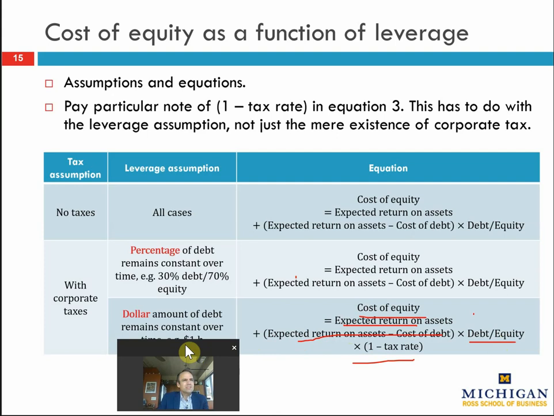But it's not normal to assume that a company is going to have the same dollar amount of debt year after year. That's not a normal assumption. When we did our weighted average cost of capital, we didn't make that assumption as a normal case. We said typically we think of percentage leverage. As an illustration, I said that a utility typically has about 50% leverage, debt, so debt plus equity. An early stage startup technology company might have very low leverage or even no leverage.